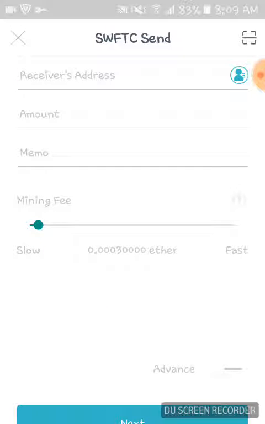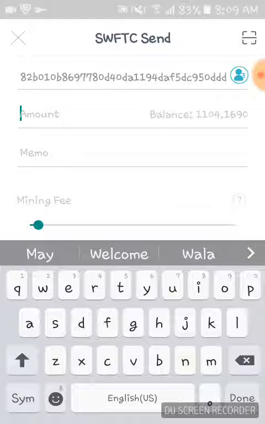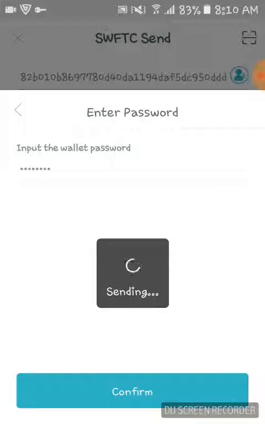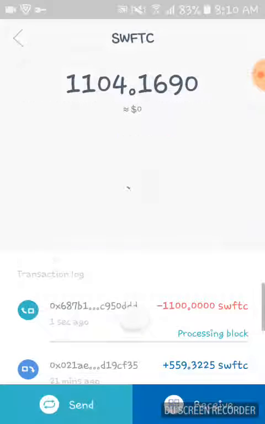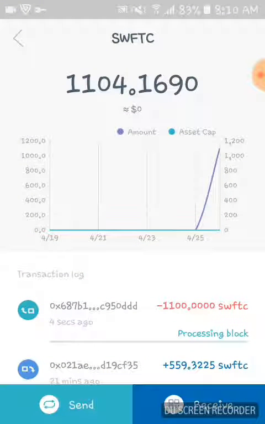It's 1,100 ETH. I'm sorry, 1,100 SwftCoin. Okay, so I just sent 1,100 SwftCoin. Go back into the app,